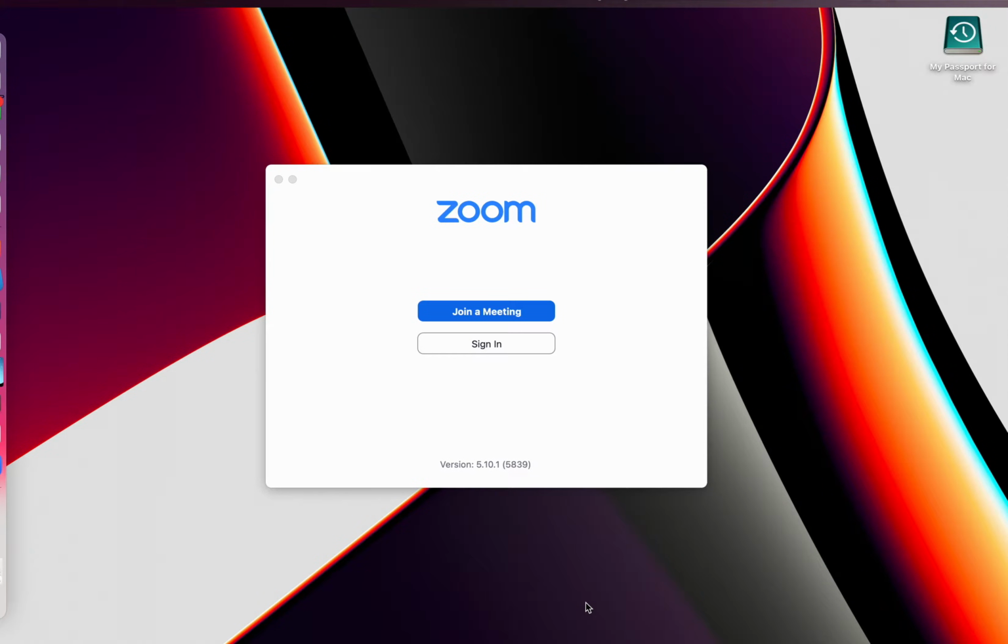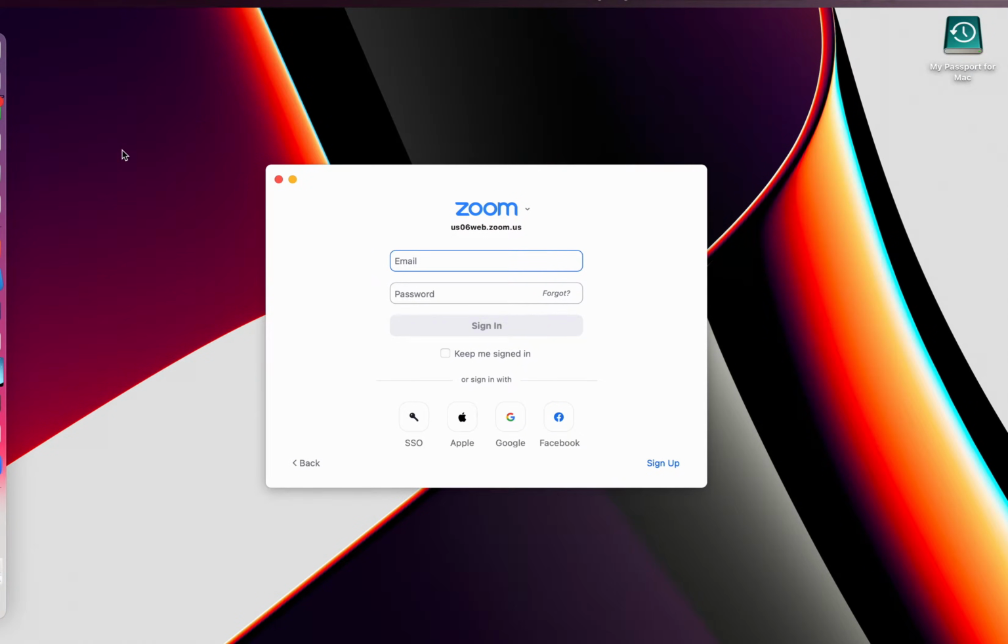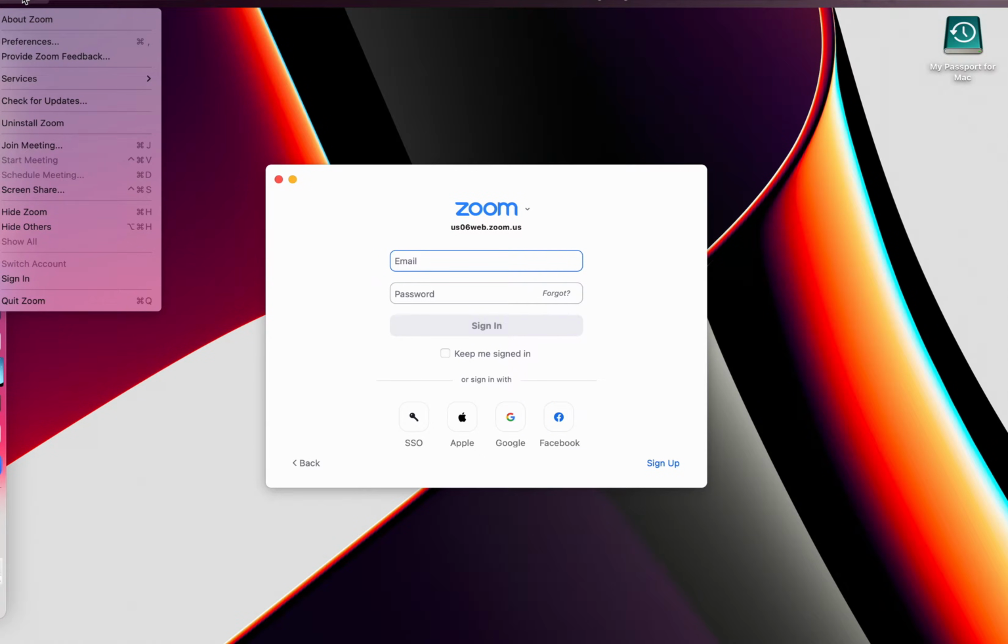Okay, I've just installed Zoom on my new laptop, and maybe you have just signed up for Zoom, or maybe you have signed up with a different email address. And so you probably want to set some of the basics. So first of all, we need to sign in to Zoom. Or actually, before we do that, I just want to make sure that you've got the latest version of Zoom.